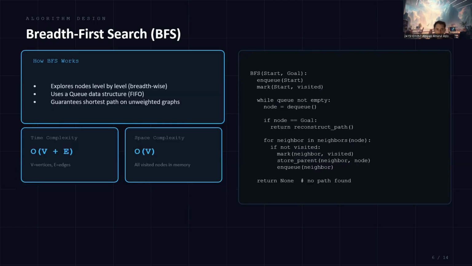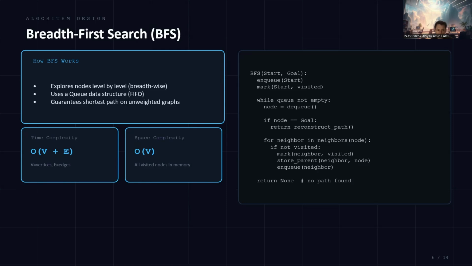Breadth-first search explores nodes level by level and uses a queue data structure following the first in, first out principle. BFS guarantees the shortest path in an unweighted graph. Time complexity is O(V plus E), where V is the number of vertices and E is the number of edges. BFS is often the preferred solution for unweighted pathfinding problems. BFS always explores the nearest nodes, so the first time it reaches the goal, the path found is guaranteed to